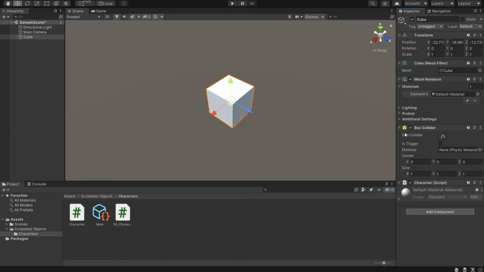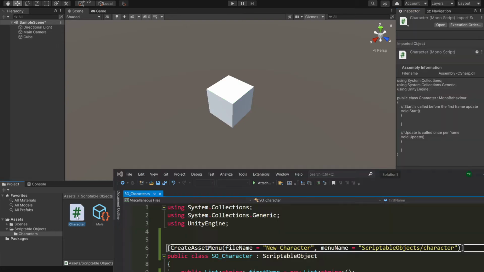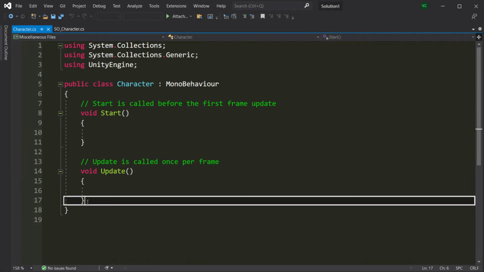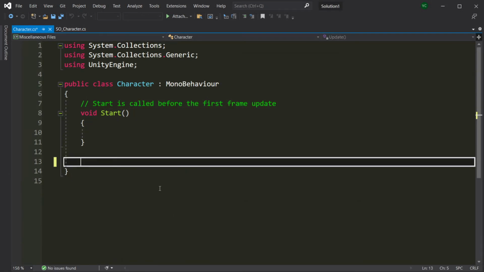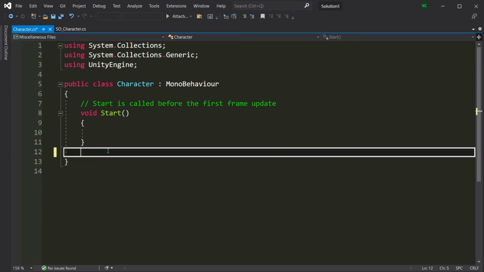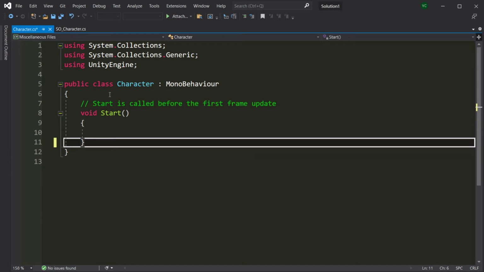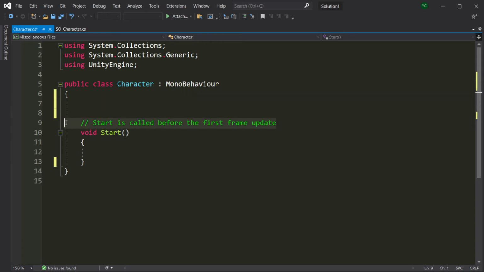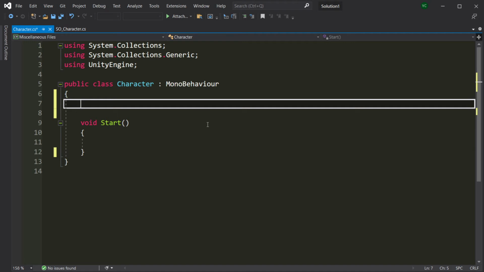on my cube. So when we open that, we see a start function, an update function. I don't need the update function at the moment because there's nothing that can be updated. But we do need to have the start function for what we're going to do. So like I said, the SO, it stores all the data. But we do need to find a way to get that data from that SO and put it on the